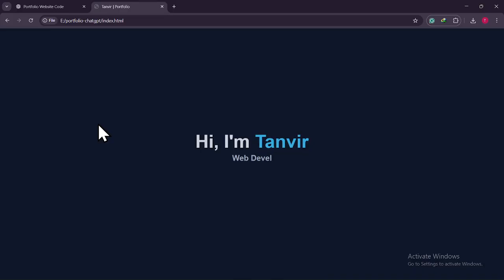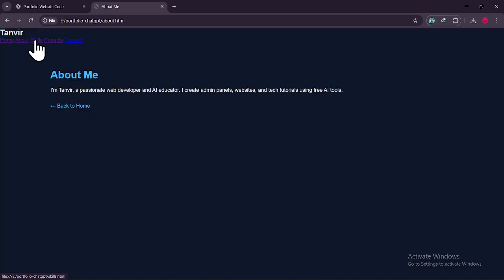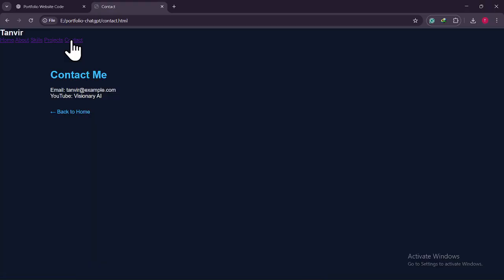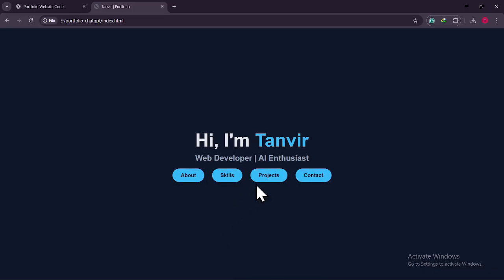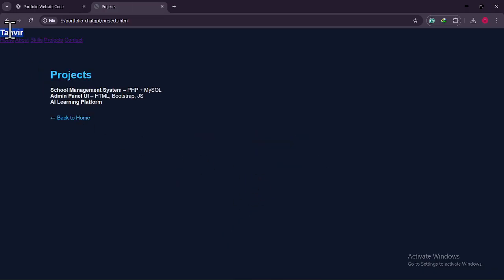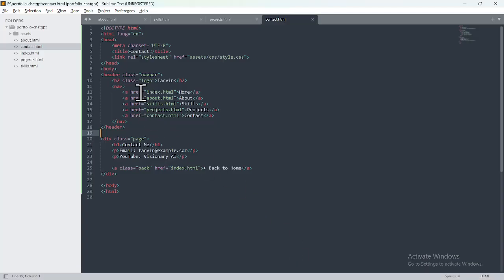Alright, now we'll refresh. So we got animation here and all the things. Now we'll click here on skill, and here you can see we got skills, project, and all the things, right? You can actually access every single page. But the problem is we got Tanvir also here, I mean my name. Here you can see what is happening. So let's just go here, and here you can see. So this is the name actually, that's why. But the problem is